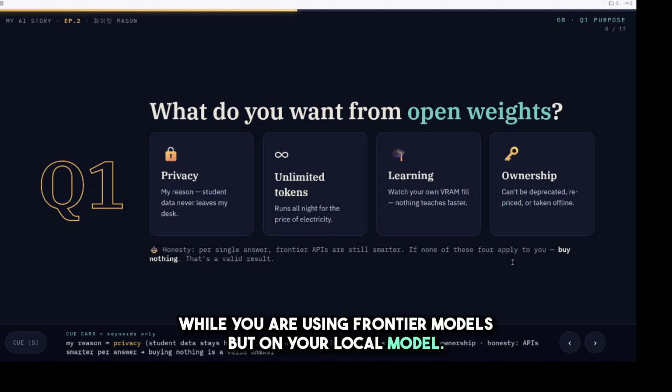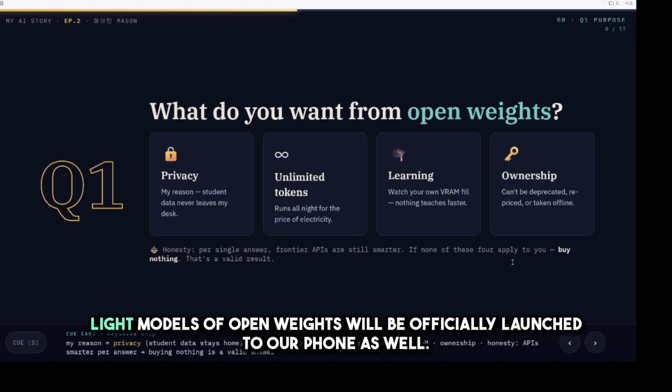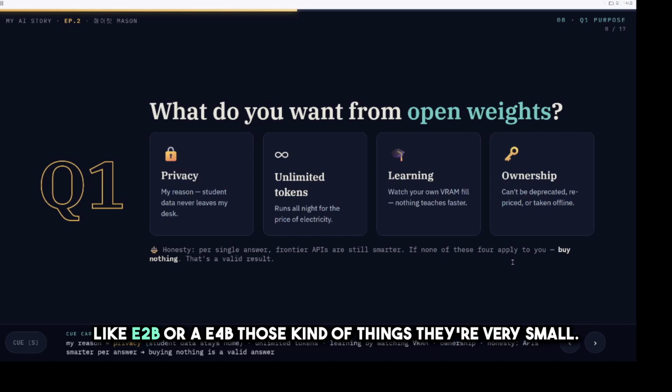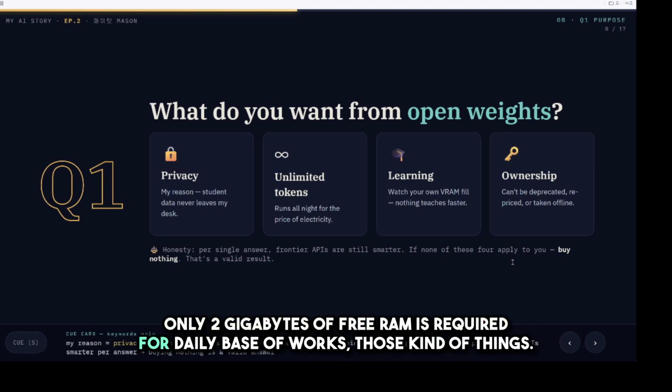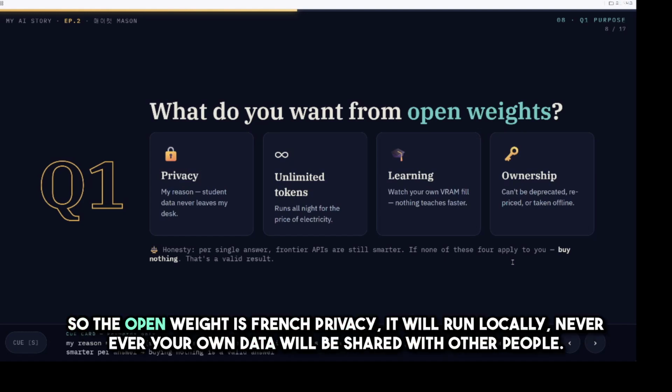But on your local model, I heard that in coming September, very light open weights models will be officially launched to our phones as well. Like E2B or E4B, they're very small. Only 2 gigabytes of VRAM is required for daily work. So anyway, eventually you have to deal with open weights. So the open weight is